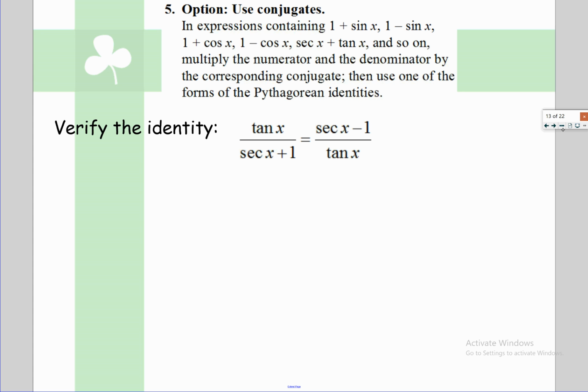Conjugates are the same term, but different signs between them. And you could do this on the left or the right. Just pick one or the other. It doesn't matter. Let's say I want to work on the right just because I have space there, okay? The conjugate of that numerator is secant plus 1. And if you multiply by something on the top, you better multiply it by the bottom as well,